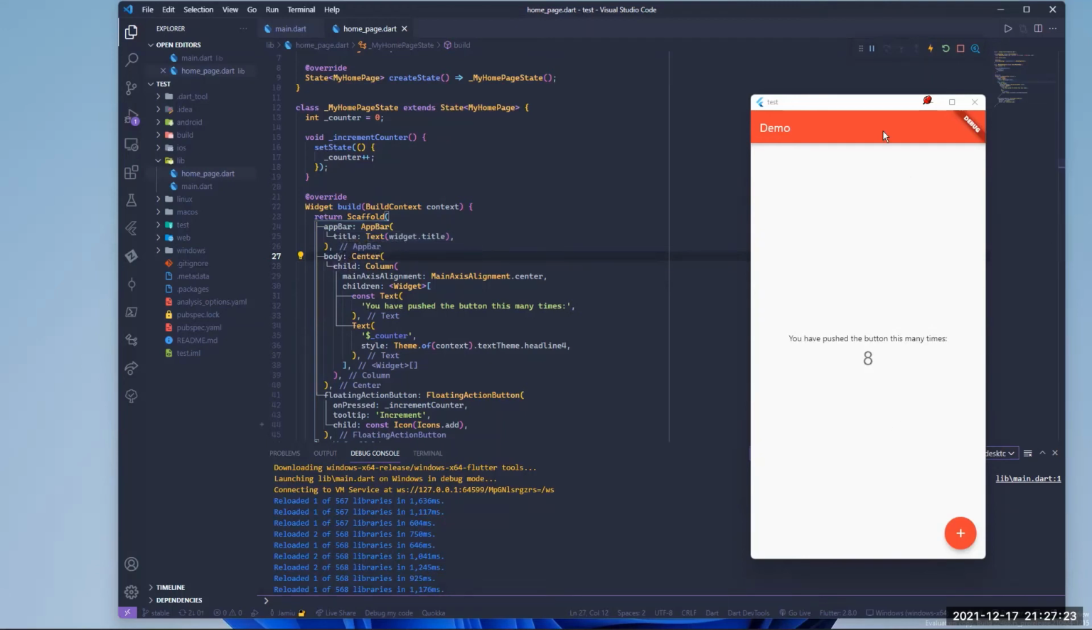So in the scaffold we have an app bar, and in the app bar we have the text widget. You can see this is the scaffold, everything you are seeing on the screen, and we are laying out our app bar, and then in the app bar we are supplying the text widget. That's why we're having demo here. And then in the body of our scaffold we have a widget called center. Center is just a widget to center our other